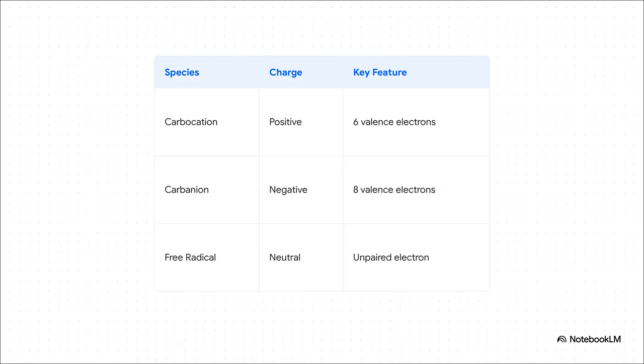So it's important to know that reactions aren't always just A goes to B in one clean step. A lot of the time, they create these super unstable, very short-lived middlemen that we call reactive intermediates. There are 3 big ones you'll see all the time: the positively charged carbocation, the negatively charged carbanion, and the neutral, but extremely reactive, free radical.